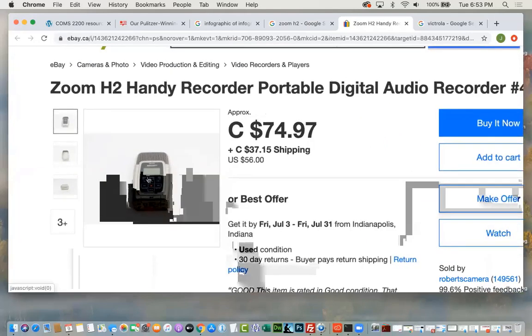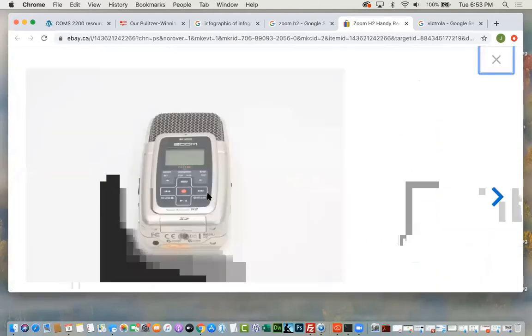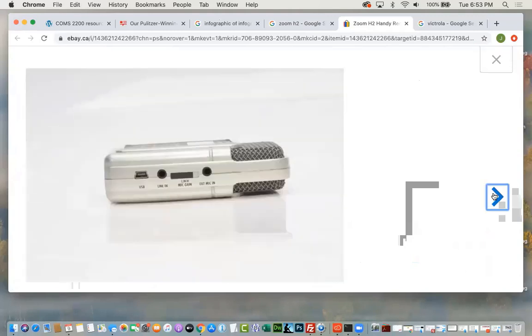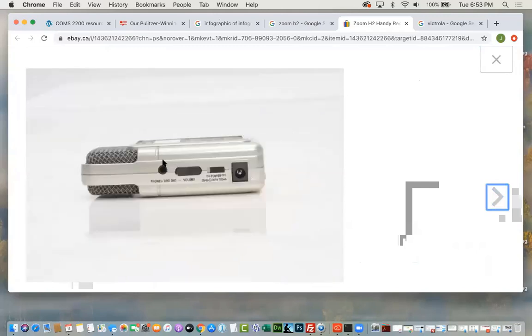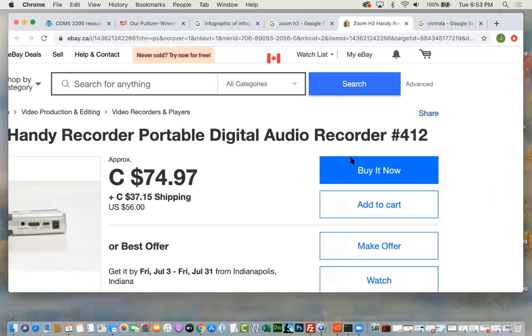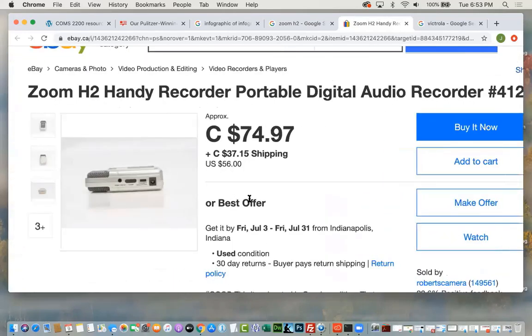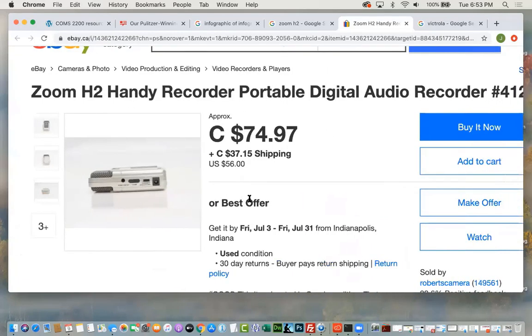This Zoom H2 handy recorder has 4 microphones, 2 in the front, 2 in the back, right? It takes an SD card and it's a full digital cardioid microphone with 4 mics, and you can record 4 channels of better than CD quality audio with this thing on 2 AAs.